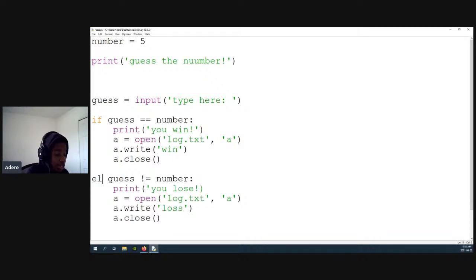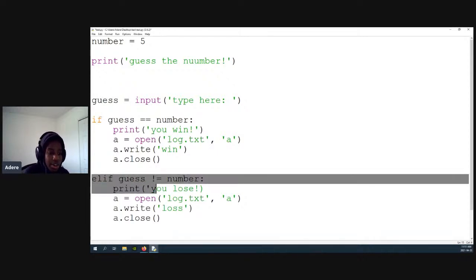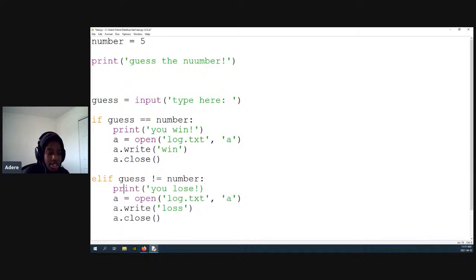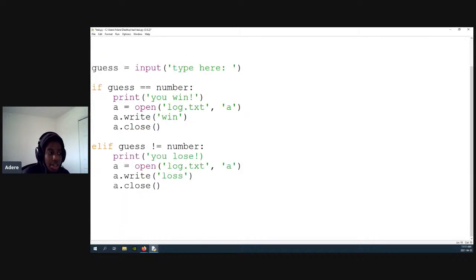Actually, I can even just say else, right? Because if it's not this number, it's anything else. But I'll just say elif since I already have all this writing here. So that looks good. Maybe else. I'll actually add an else. I'll say else, print